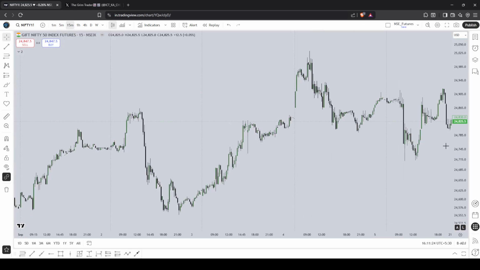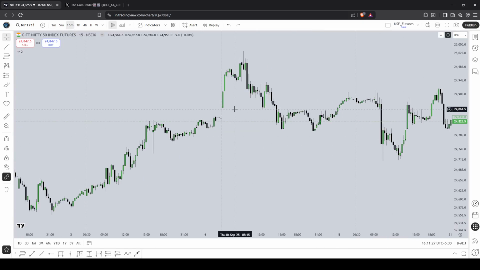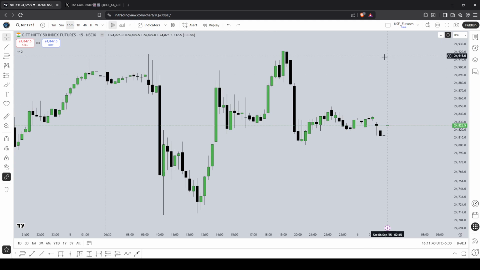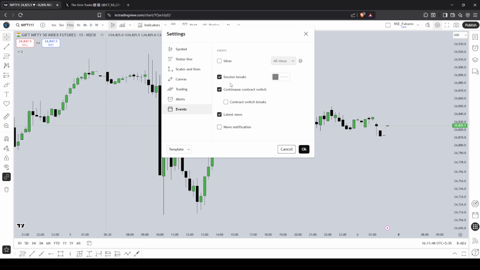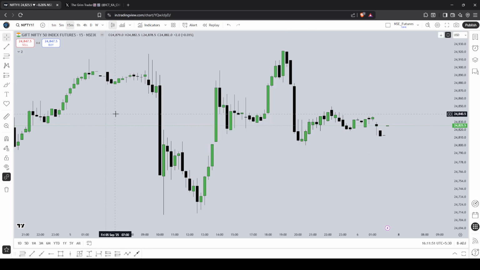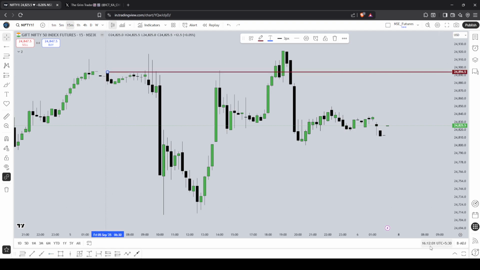Anyway, carrying on, you notice that the Gift Nifty, which is the entire contract, operates between 6:30 a.m. India time and 2:30 a.m. India time. Now we'll be dividing it into chunks. This is Friday's price action. This dotted line has been activated here by going on events and placing session breaks. This is important because in India, all the other ICT indicators are going to be useless. See, this is 6:30 a.m. You can see on the x-axis, this is 6:30 a.m., and we're operating on India time.